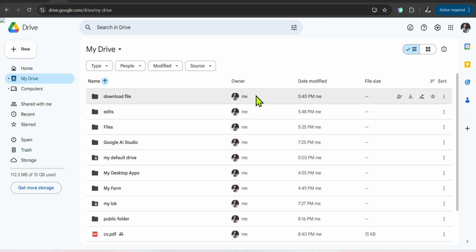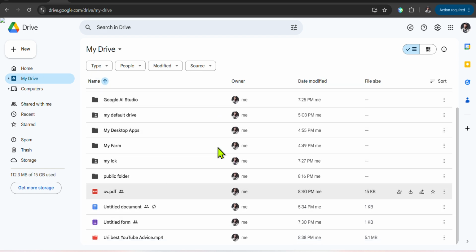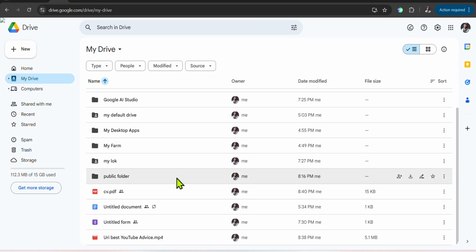So let me show you step by step how to find a shared file in Google Drive. After you open up your Google Drive like this, the first thing you should do is click on this My Drive. Under My Drive here, it will give you all your Google Drive files. Now, if you want to see the files that have been shared on your Google Drive, all you need